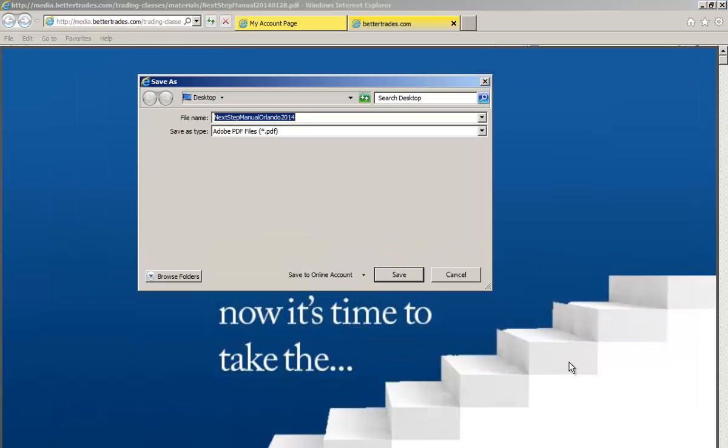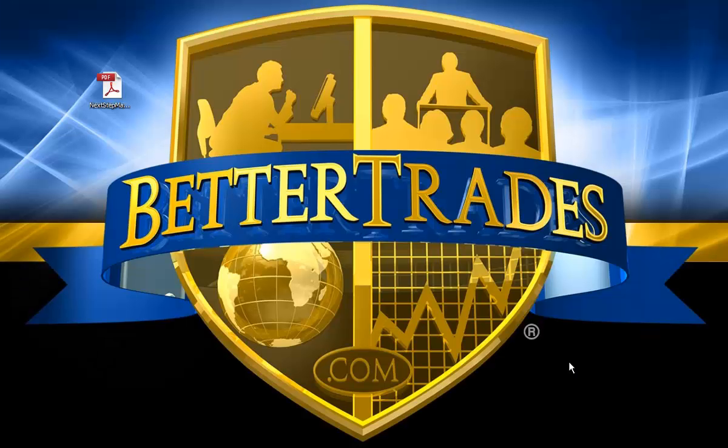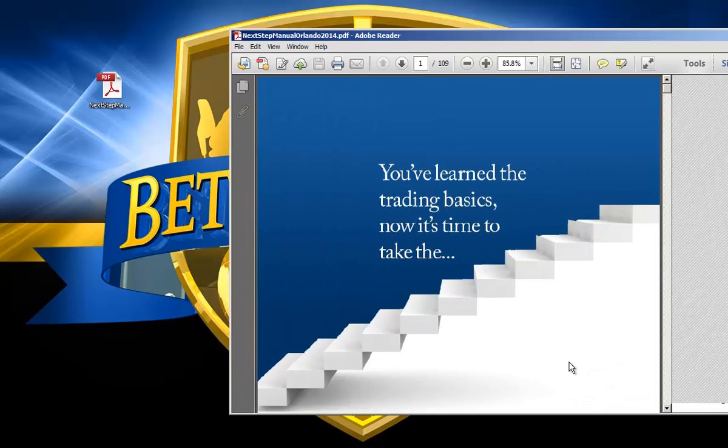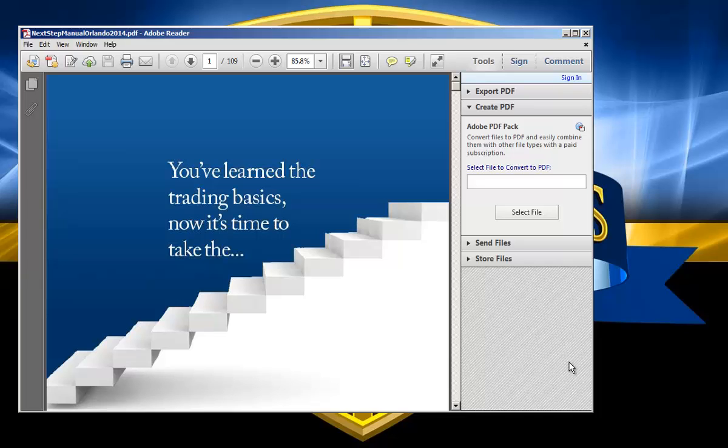But I would download it from that icon there in Firefox. Okay. Now, as I go back to that manual, let me close out of this. As I go back to the manual and bring it up, I'm double-clicking on the Next Step manual. This is where we bring it up in Adobe Reader. Pull it over to the screen so you can see it here. I pull it up in Adobe Reader, and if I want to annotate,